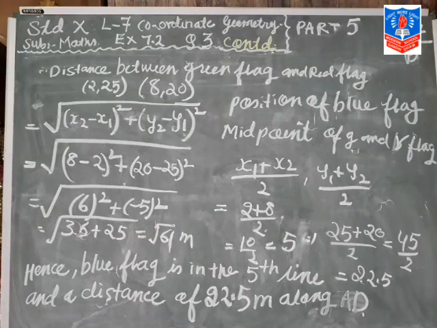Now children, question 3 continued. Okay, now here it is given in figure 7.12, Niharika runs 1/4 of the distance AD on the second line. So we are getting Niharika's answer (2, 25), and here it is given, and posts a green flag. Okay, now Preet runs 1/5 of the distance AD on the 8th line and posts a red flag, and we are getting the 8th line, that is (8, 20). What is the distance between both the flags? So we have to find out the distance.